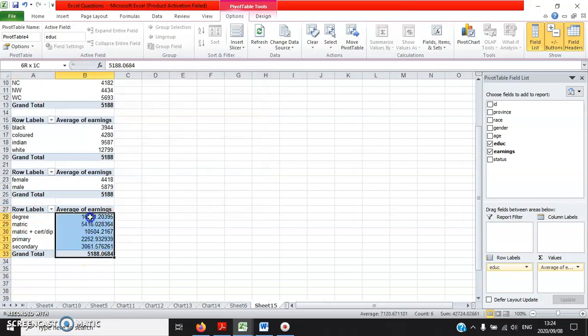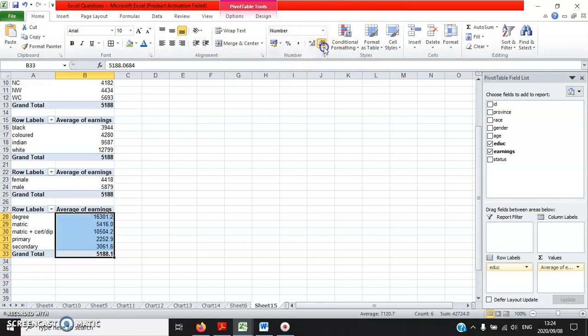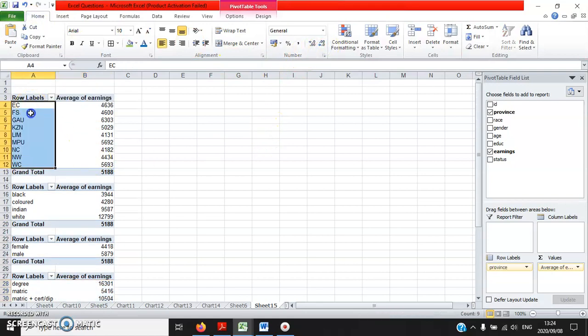Okay, we finished the first 4. So let's interpret. Remember, I told you a few minutes ago, this is not the true sample size. I only randomly